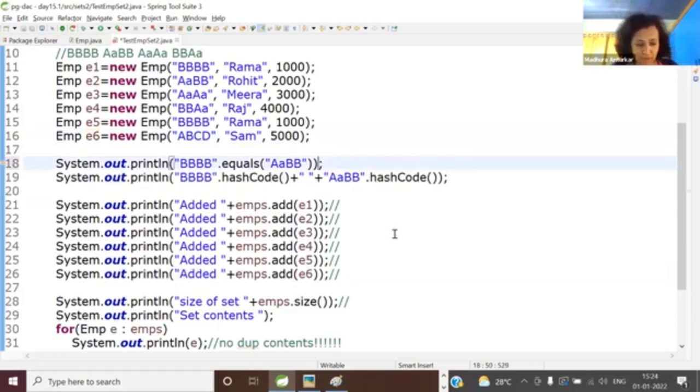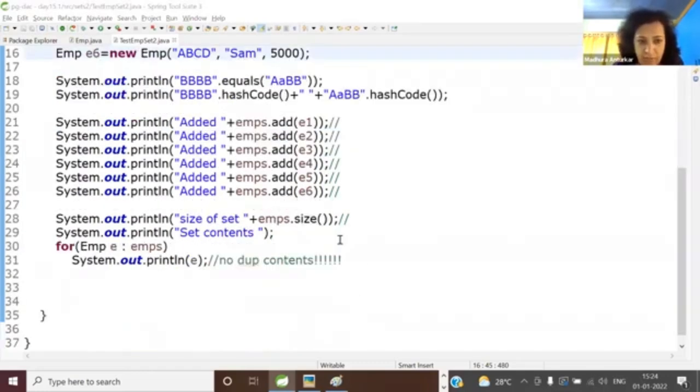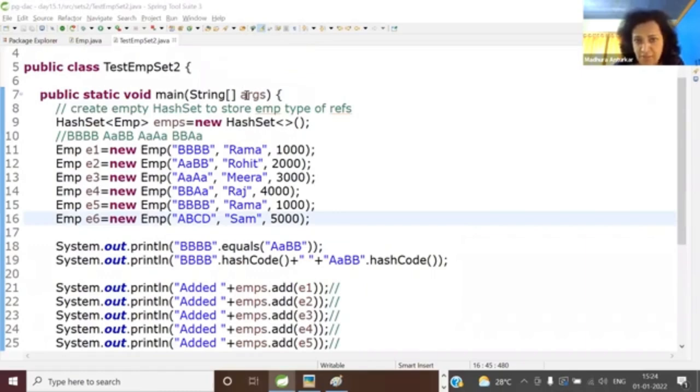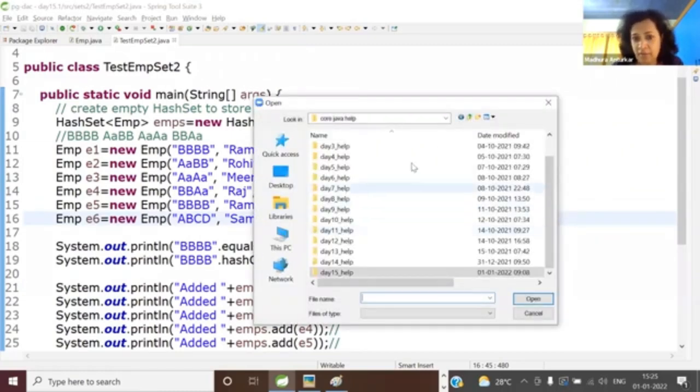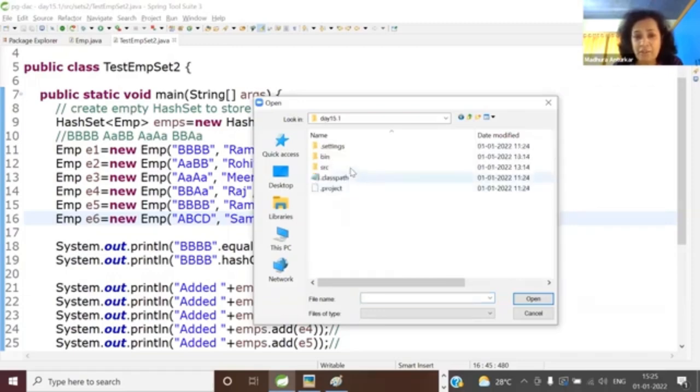Equals this hash code this. Okay, ABCD. And have I just done this? Okay, so let me give you this code. I think I have got whatever I wanted to say. Let me share this code with you. Otherwise, you might have a different data set and you might get confused or give me wrong answers. You're not supposed to run it, by the way. Please don't run it. Day 15.1 SRC